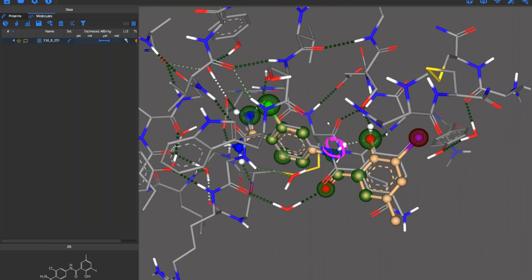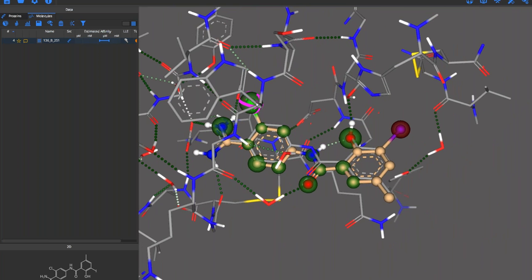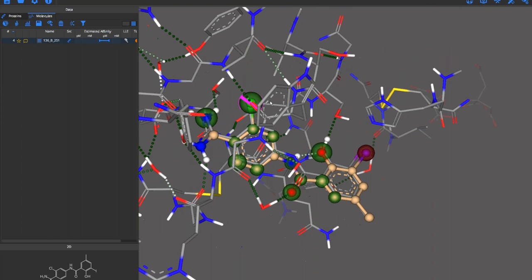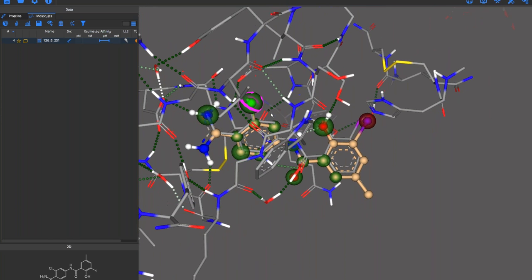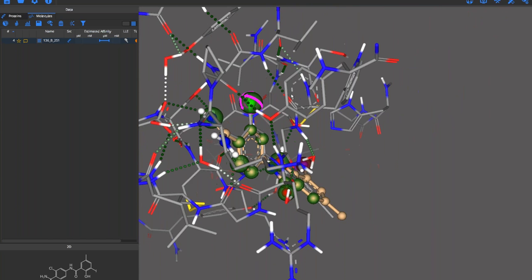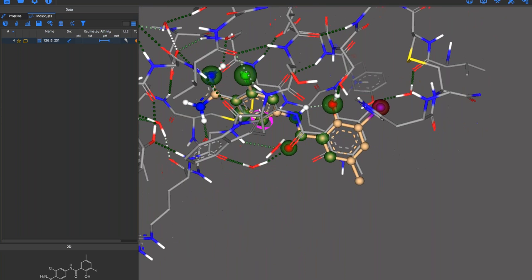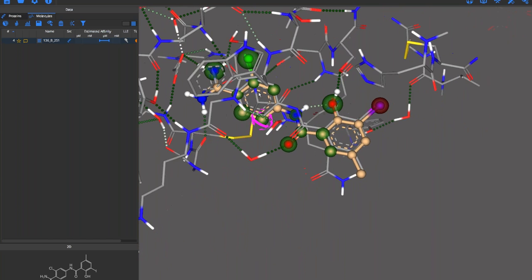And here we have an interesting situation. We have a chlorine and we have an iodine, but the chlorine doesn't point anywhere near anything that could be an interaction in the form of a halogen bond. Everything is too far away, or the angle is not good enough. So you can see here there's some sort of backbone O, but it's way out of sight for the sigma hole. The bromine